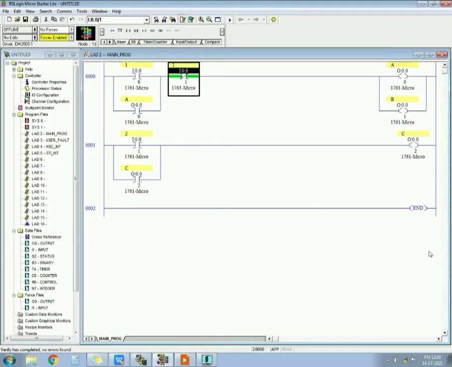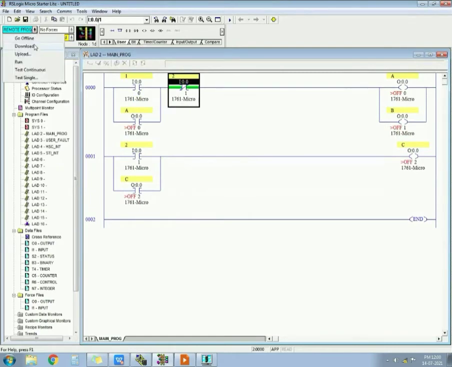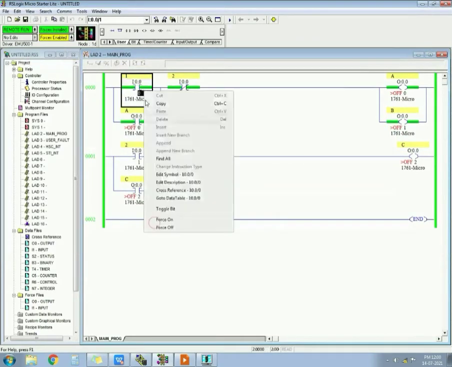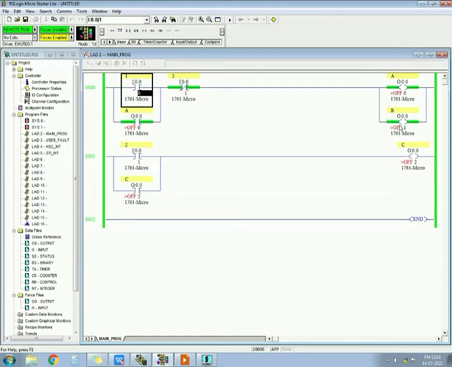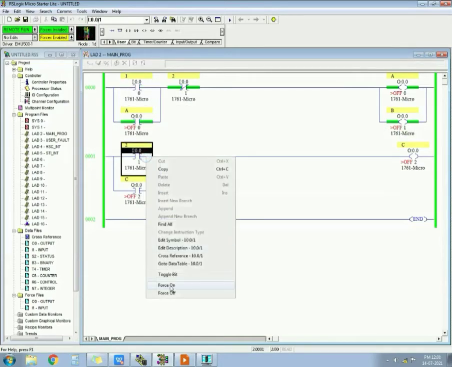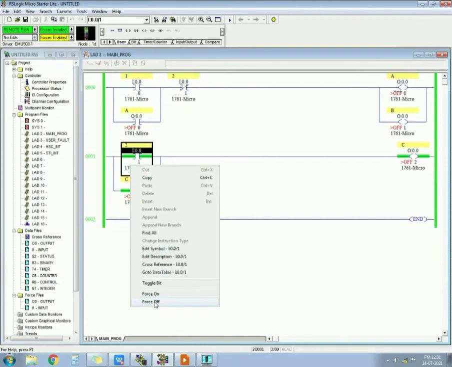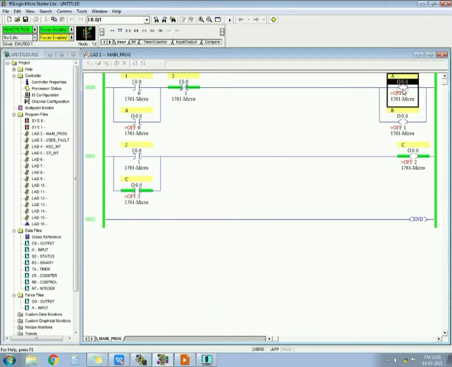If I take NC of this, that will definitely switch off output A. Force on, force off. See, A and B get on. When second push button is pressed, see, output C gets on, output A gets off, but also output B gets off